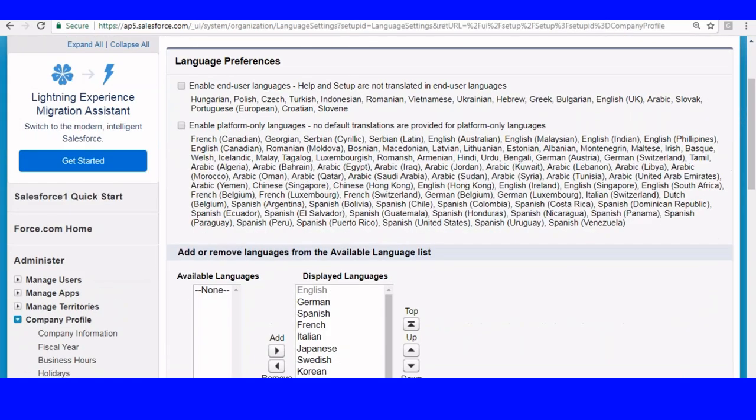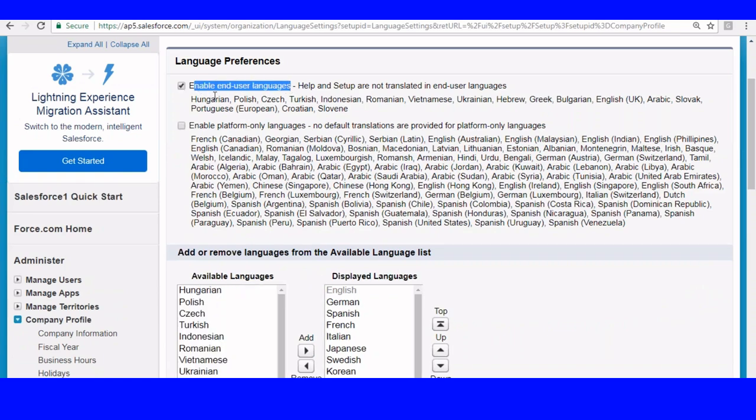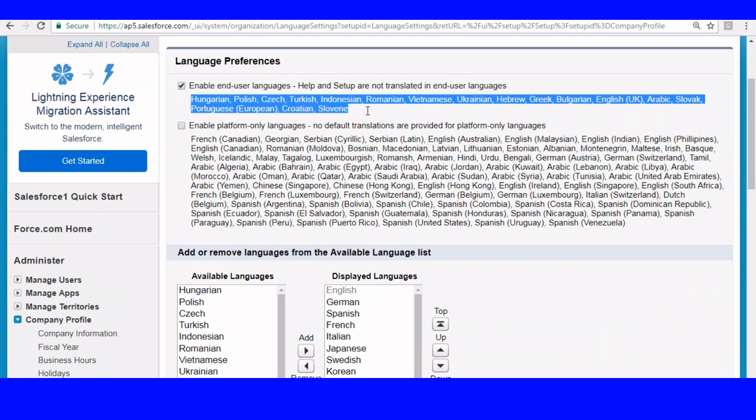In the language settings we have enable end user languages. If I choose any one of these languages, Salesforce will convert the entire application into that language